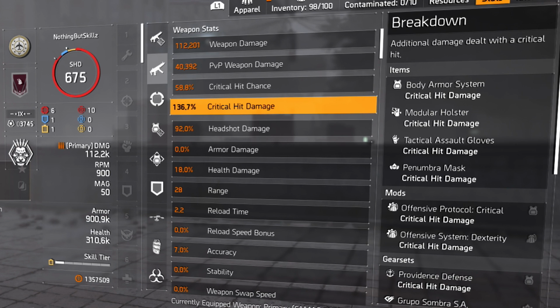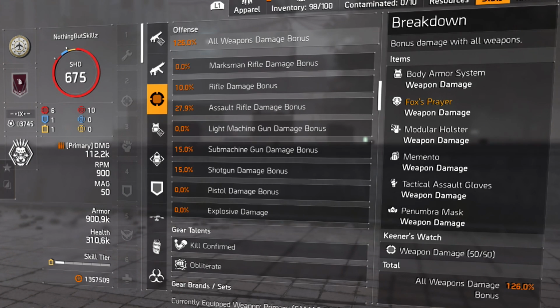And then I'm missing 5% crit hit chance on this build. So once, well, on the watch, once I add that, I'll be able to add another 10% headshot damage roll somewhere. So I should be sitting about 110% headshot damage, 144 crit hit damage, and 60% crit hit chance. That's where I should be once I have my watch maxed out. We have 18% health damage on here, but we also have that damage to target out of cover. That's 18%. If we look at the damage we have, all weapon damage 126%, 27% assault rifle damage bonus,